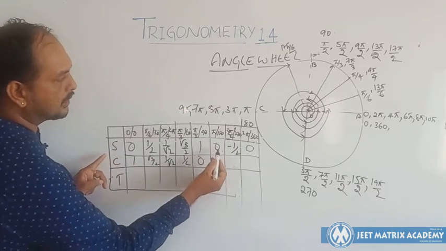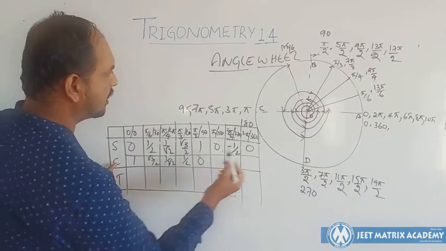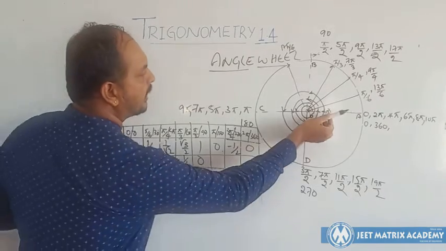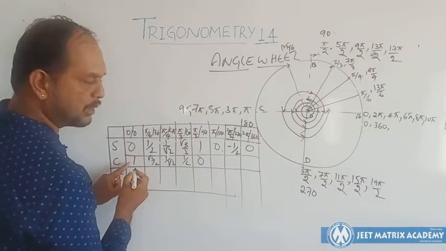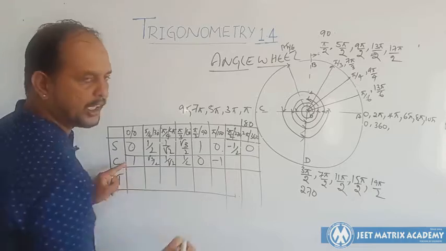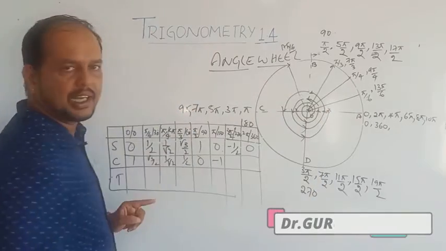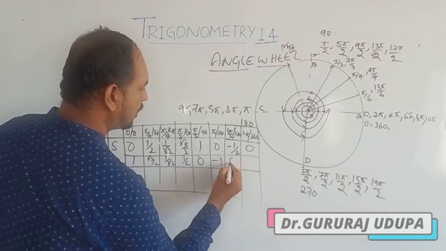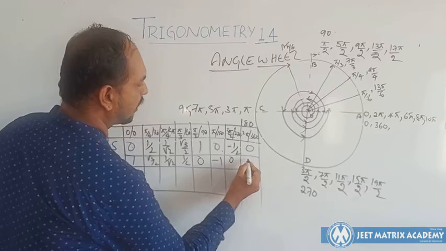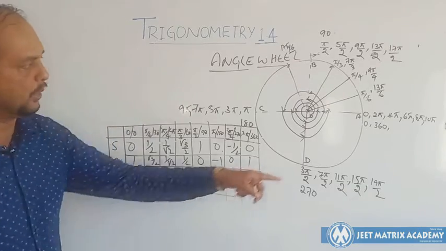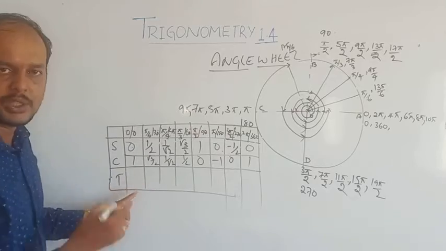Sine 180 is 0, okay, and cos 0 is 1, and this is the positive x-axis, this is the negative x-axis. Here this is positive 1, negative it is negative 1. And cos 90 is 0, 270 also 0. And this will be 1 again, positive 1, 360. So if you are done with these two rows, the last row is very easy.